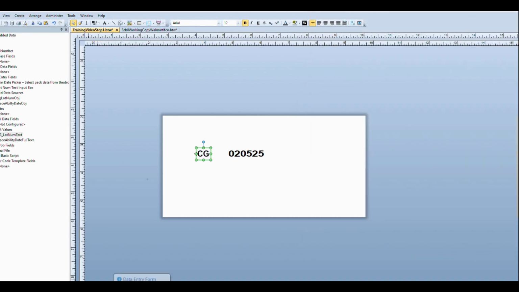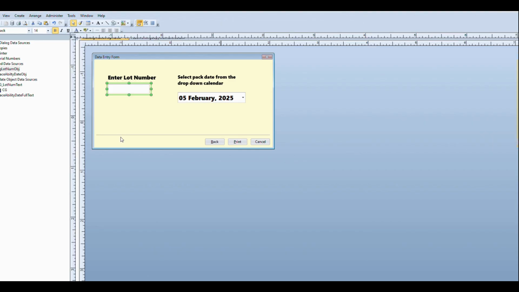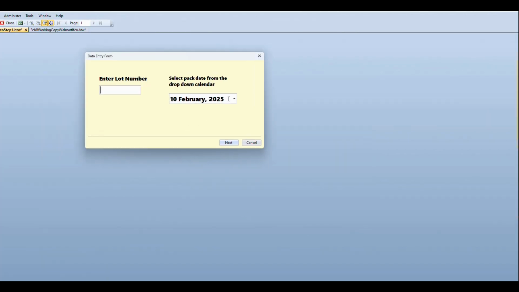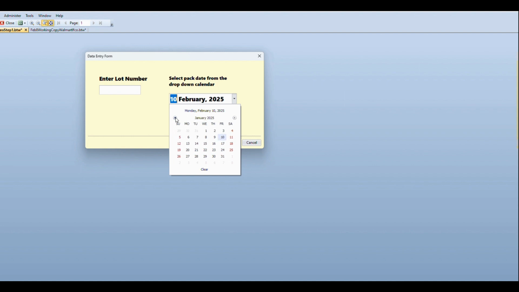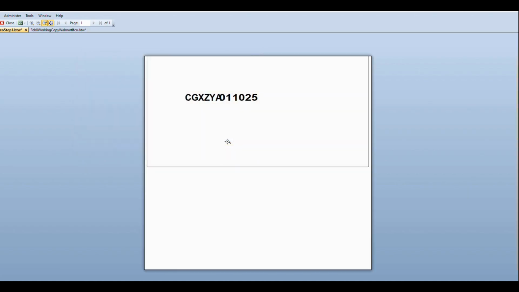And here is my data entry form. I'll start to print the label with Control P, and my data entry form pops into view. And in this case, I'm going to choose January 10th for the date. And I'll use lot number XYZA. XYZA is my lot. And now you can see here it says CG XYZA